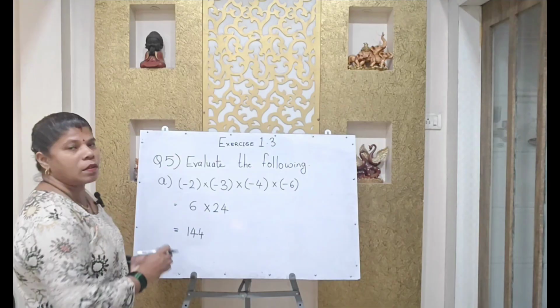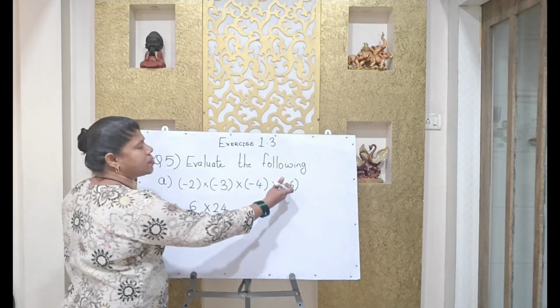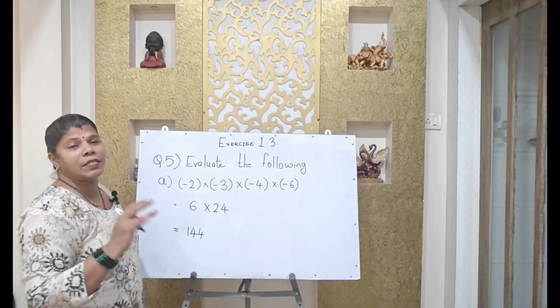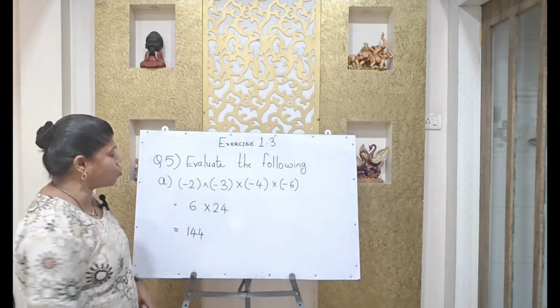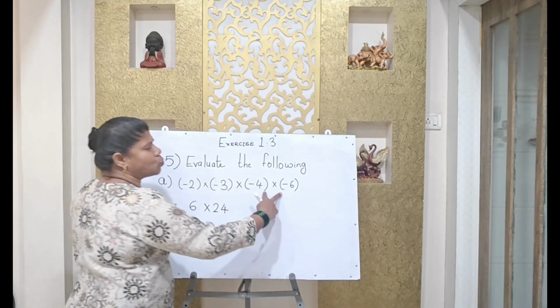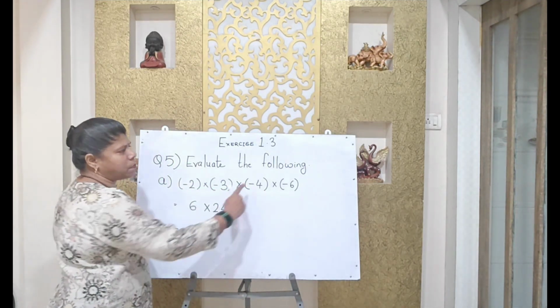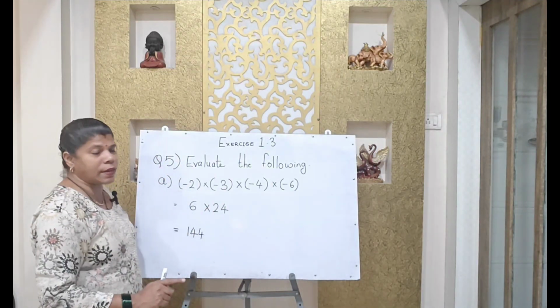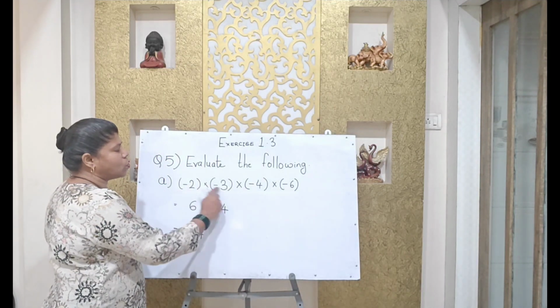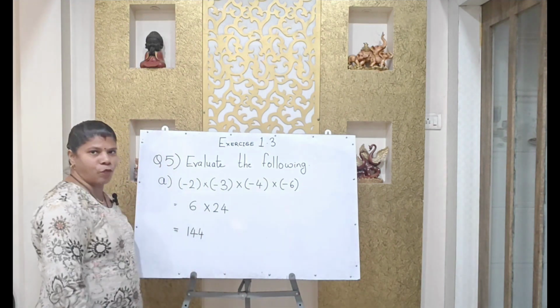See what we did? We chose these 2 numbers, and these 2 numbers. You can calculate directly the minus sign or the negative sign. The negative sign is there 4 times, and you know 4 is even, so your answer will be positive. You know that from the first look only. Now take the pair of the two numbers. As we know, the same sign, positive: minus minus plus, minus minus plus. There is no need to write the plus sign here. Directly multiply and write 6. 2 3s are 6. 4 6s are 24. 24 6s are 144. Okay.